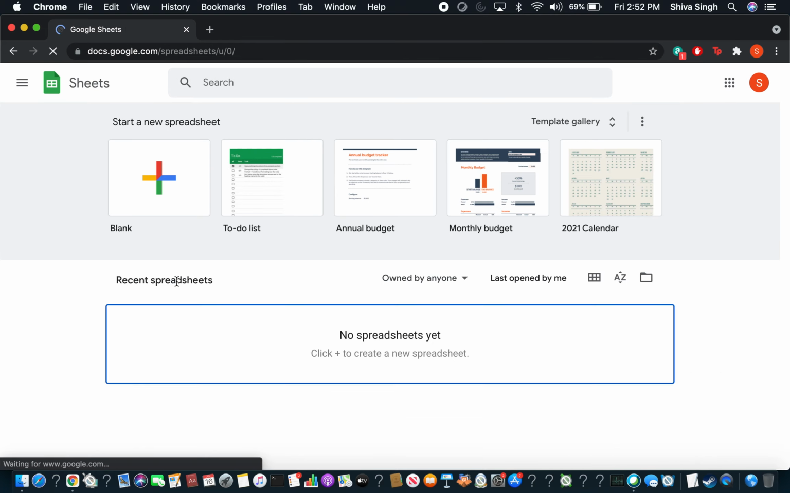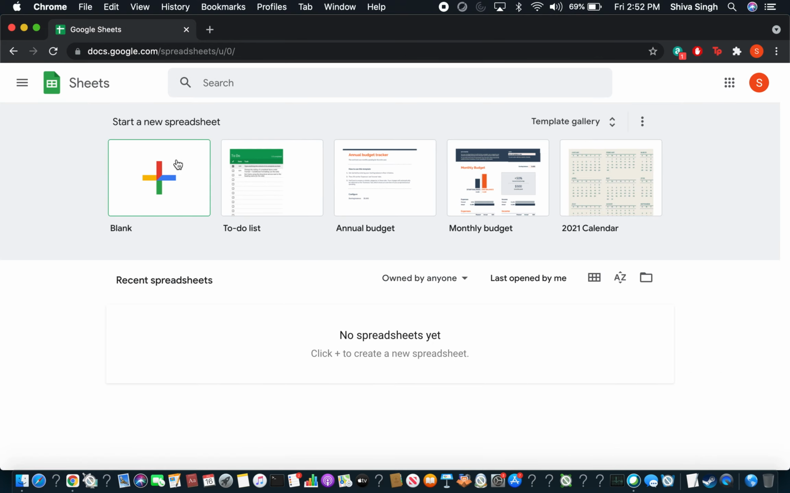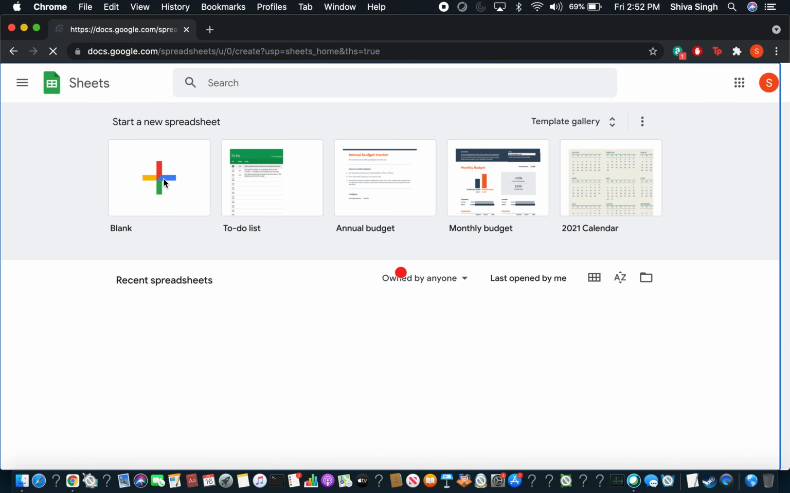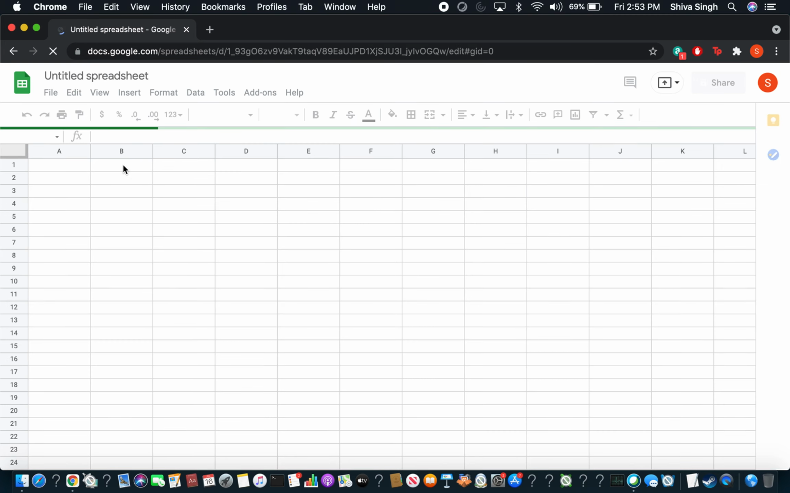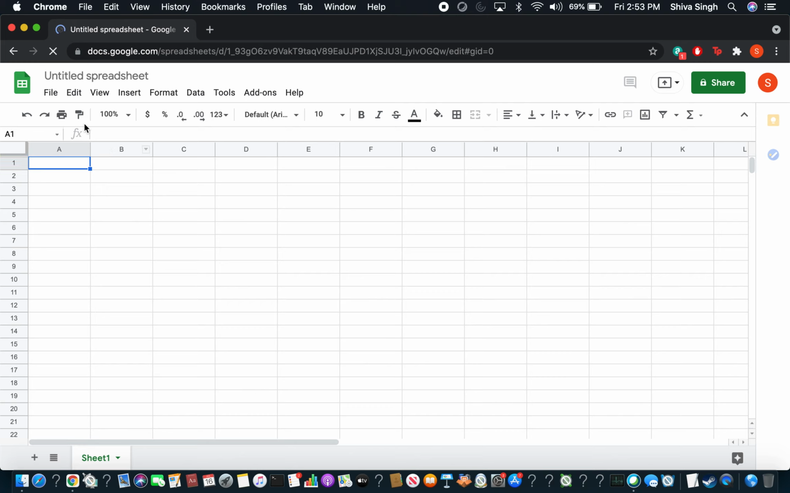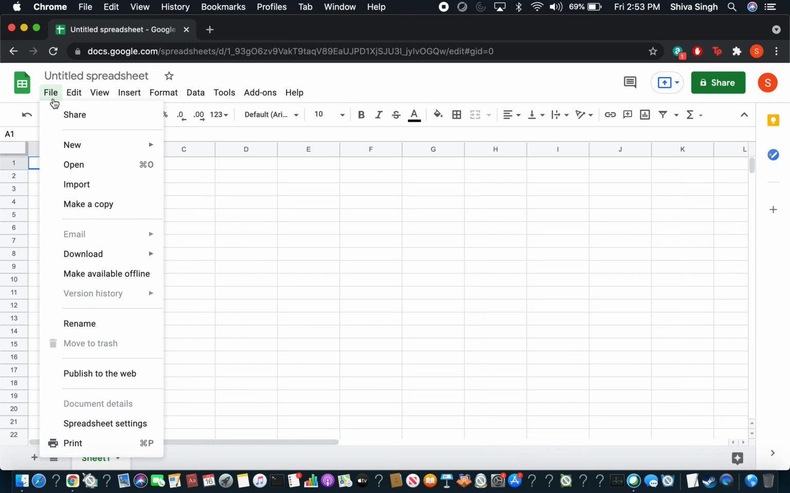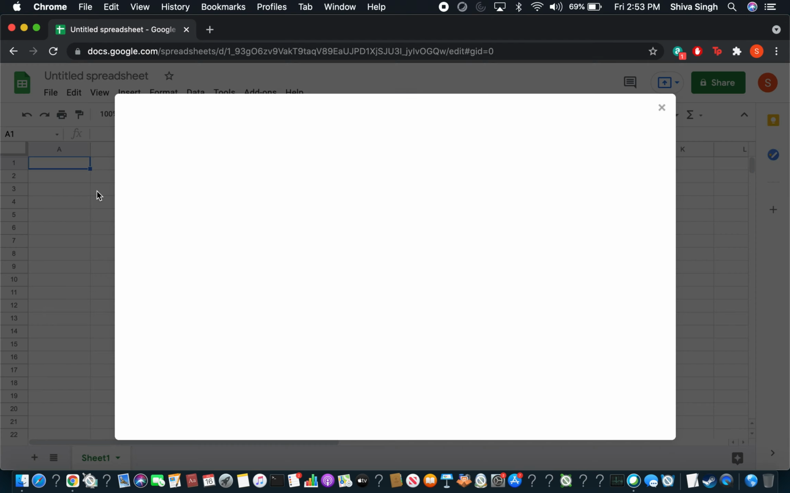Sign in. So if you're doing this straight from the URL, it's docs.google.com/spreadsheets. So we are going to create a new one up here, a blank spreadsheet. And within here, we are going to file at the top left corner, and we are going to import